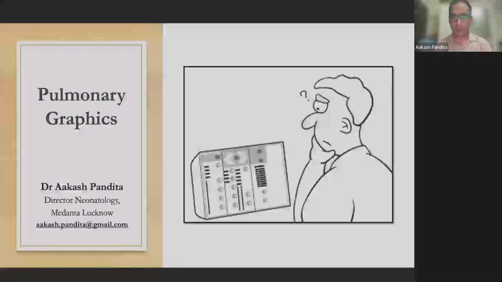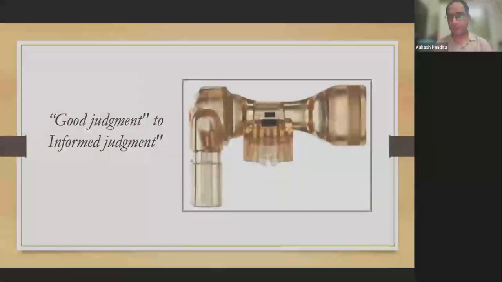Patient on ventilator. So in previous days, whenever a baby was ventilated, we used to monitor him based on our clinical examination. We used to check for the adequacy of settings based on the clinical examination. Then came the time for X-rays, which further fine-tuned our management, because putting a patient on a ventilator is easy, but knowing whether our settings are